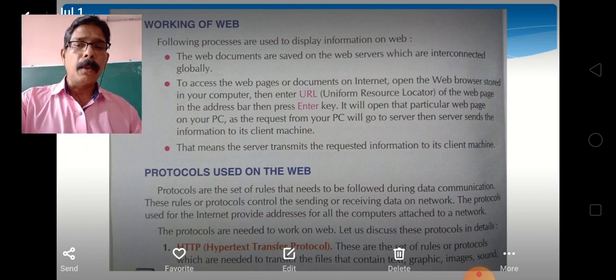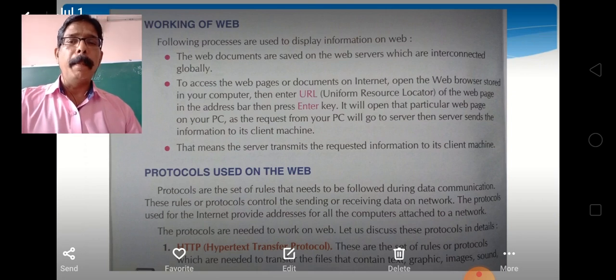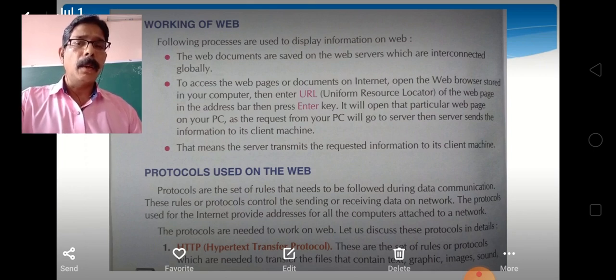The third protocol is Simple Mail Transfer Protocol, SMTP. SMTP is a protocol designed to transfer electronic mail reliably and efficiently. It is designed to transfer only electronic mail.